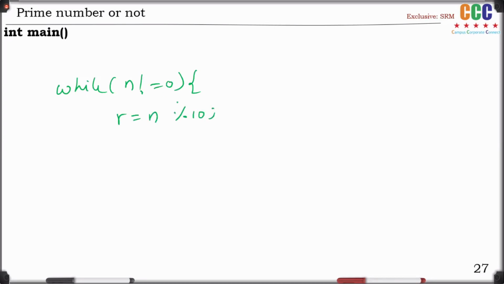And after that, sum is equal to sum plus r into r into r, means sum of the cubes of the individual digits. Sum of the cubes of the individual digits.